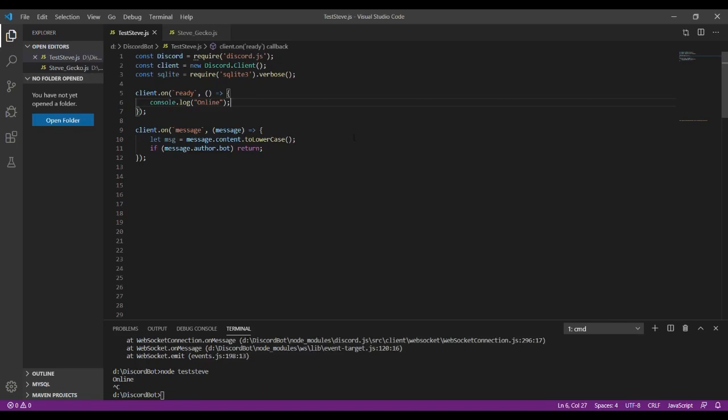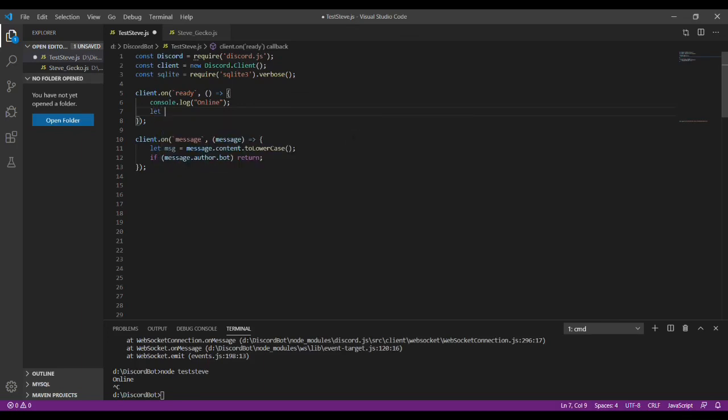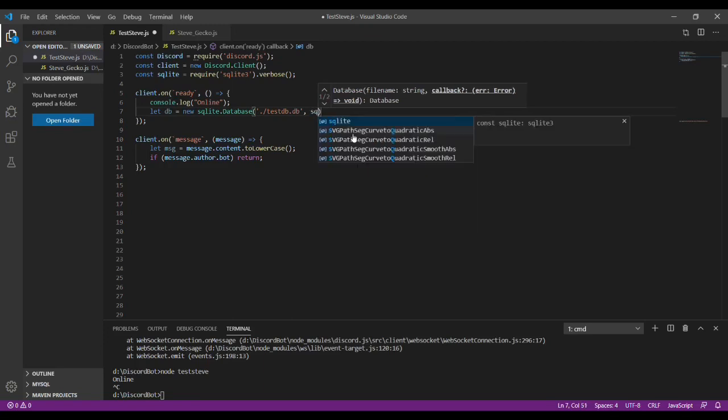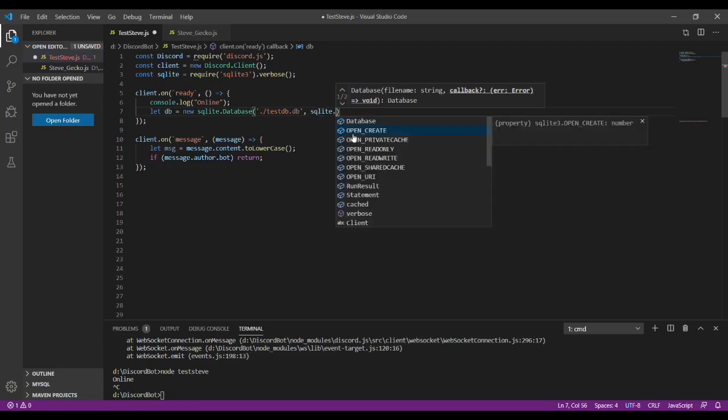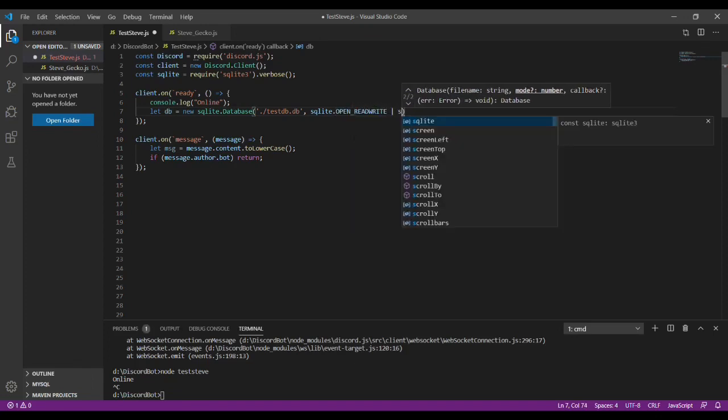So we could make a blank database in DB Browser, but let's make the database if it doesn't exist in code. So in my ready function here, I'm going to do let db, or whatever variable name you want, equal new SQLite.Database, and then gotta put some parameters in here. This would be the file name, ./, which means in the same folder that your JavaScript file is in, and then just give it a name. I'm giving mine a name of testdb.db, and then comma SQLite3.OpenReadWrite or